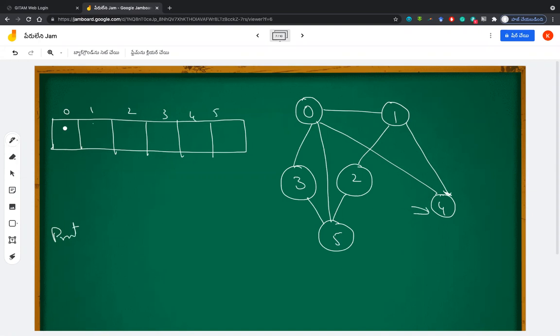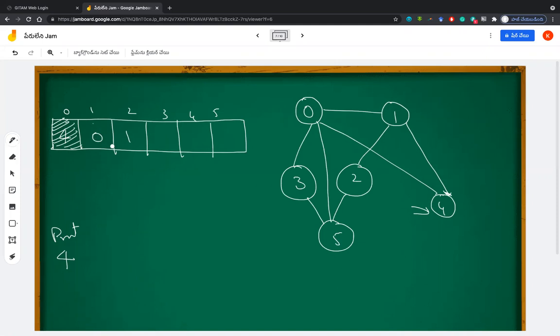When I start at 4, first of all, I need to include 4 here. Tell me now, what is the next thing I need to do? 0 and 1 are attached to 4, so 0 and 1 will be inserted. After enqueuing them into the queue, is there anything left with 4? No, sir. So first of all, print 4 and then delete it. So you are left with 0 and 1.